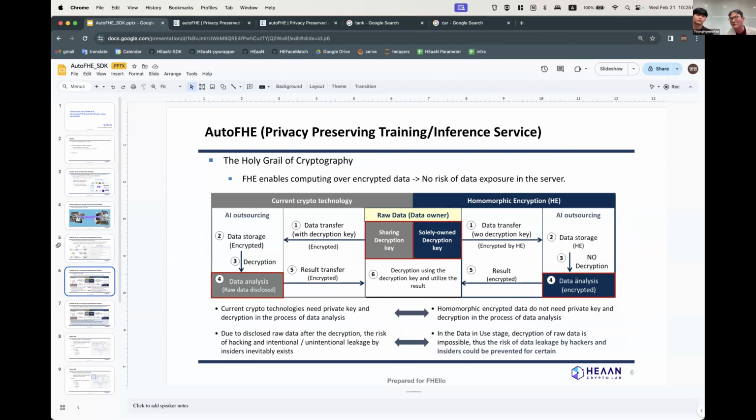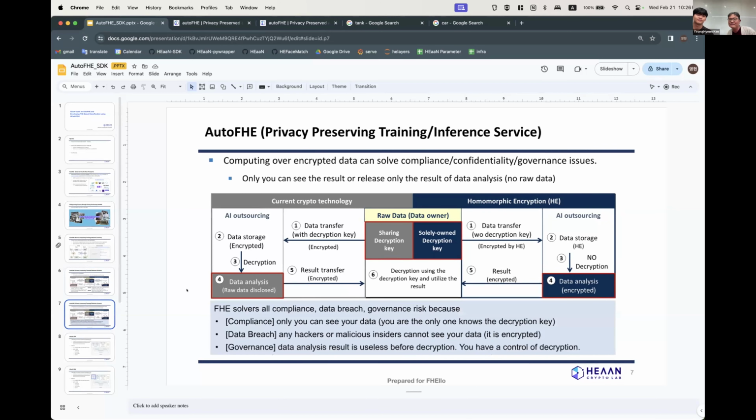But if you utilize fully homomorphic encryption, you don't need to worry about that, because everything is encrypted and only you hold the decryption key. Everyone knows that encrypted data without a decryption key is useless because no one can decrypt it.